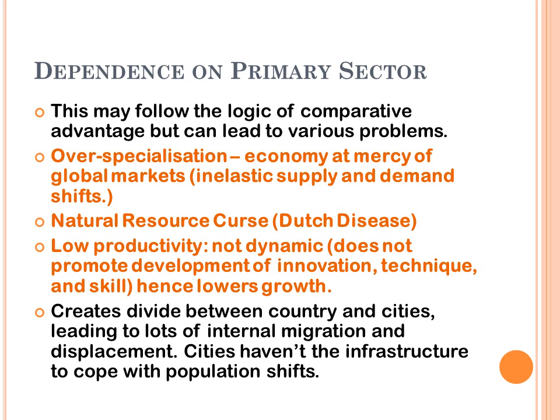Another interesting idea to do with over-specialisation is Dutch disease, also known as the natural resource curse. In this model, a country which is blessed, it seems, with a very valuable natural resource, let's say Nigeria with oil, will find that exporting that valuable product will push up its exchange rate. This will make it impossible for that country to export almost anything else. The logic of over-specialisation then takes over, and all the other industries in that country wither.